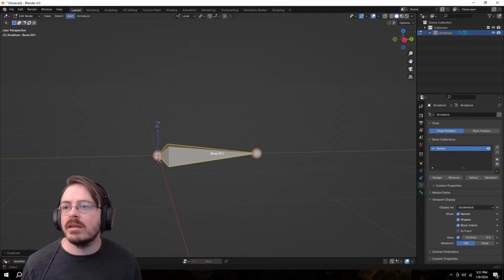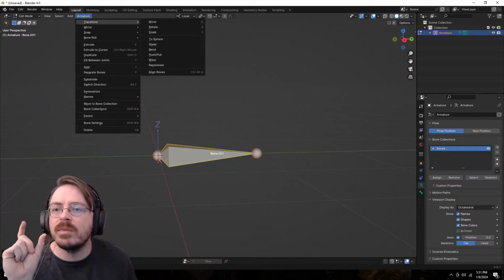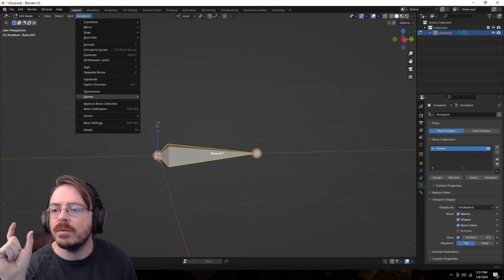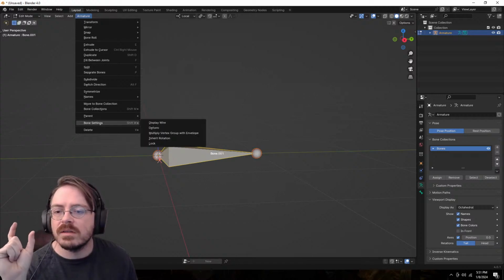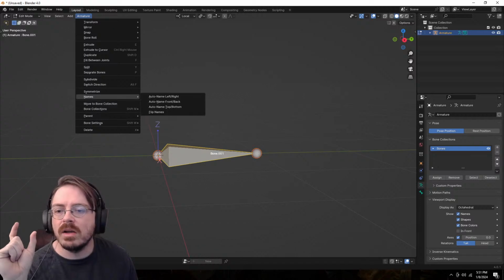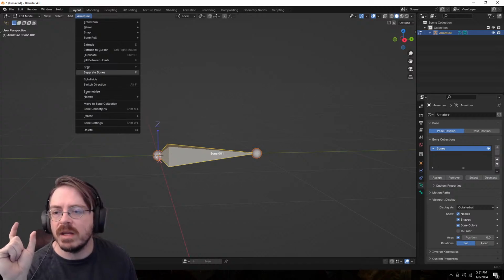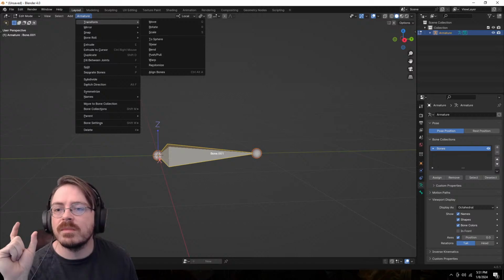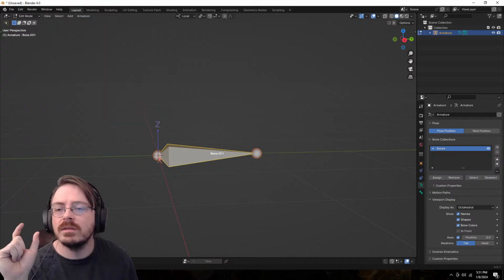Somewhere is a thing that lets you flip the direction of the bone. In bone settings. I can't remember because it's not called flip anymore. It used to be called flip, but now it is called something else.